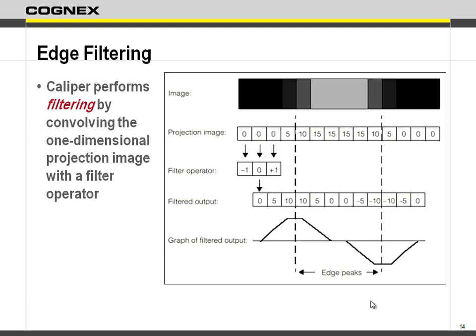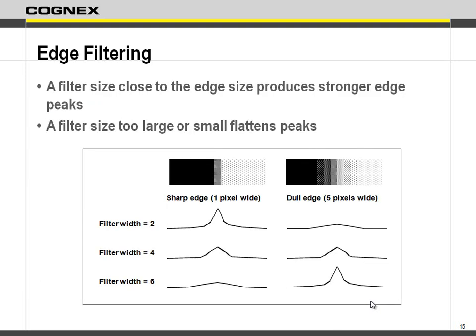So now this is where my peak is coming from. This is that first derivative that it's doing. So it's finding out where I have changes coming in. I will only have a peak if I am going from light to dark or dark to light. If there is no change in the color, then it's 0. Nothing changes. Okay? Now you would choose a very small filter width if you have a very sharp edge that